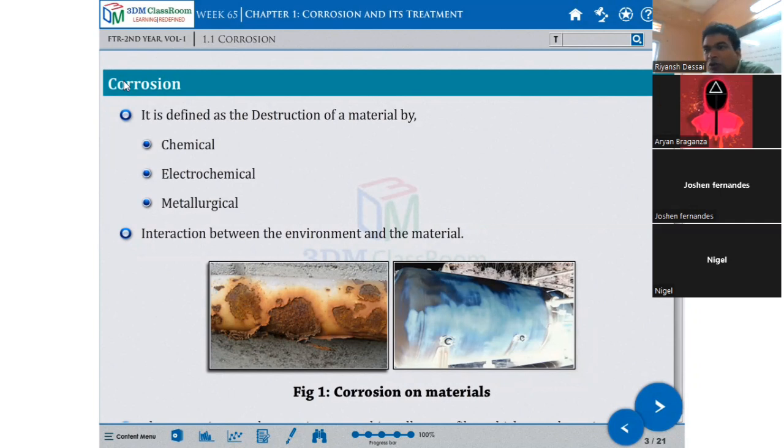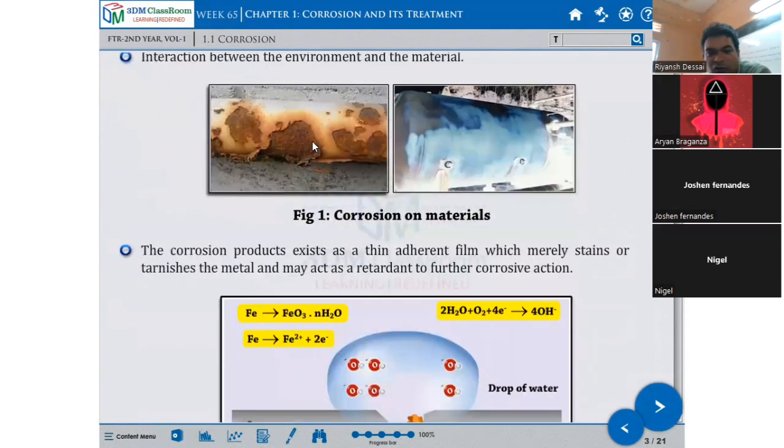Sometimes corrosion is called slow burning of the metals from within. Oxygen forms oxide on the layer of the metal and its chemical reaction starts, and this is called slow burning of the metal, slow combustion. Actually, it gets rust. See, the corrosion product exists as a thin adherent